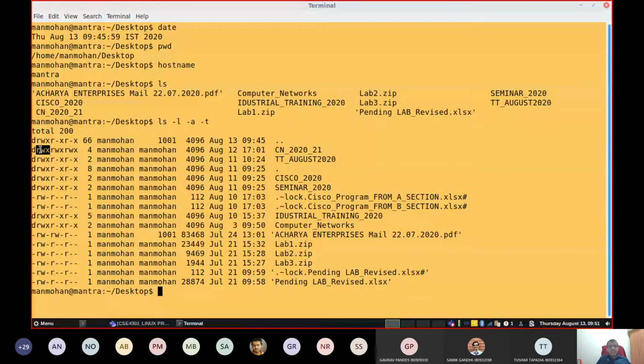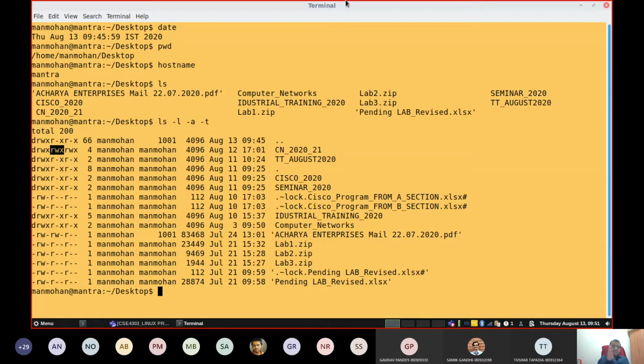Modify means you can delete or create new files in that directory, for which you need write permission. Execute permission is to execute a program. If you have an executable in that directory, the owner can execute it. So this first set of read, write, execute indicates that the owner of this folder, that is Manmohan, has read, write, execute permission.